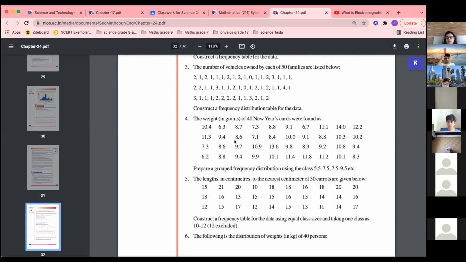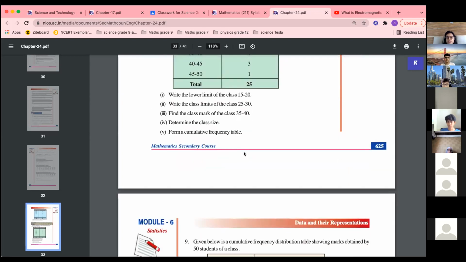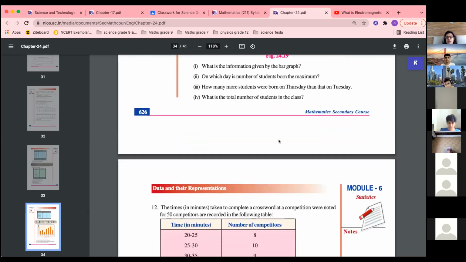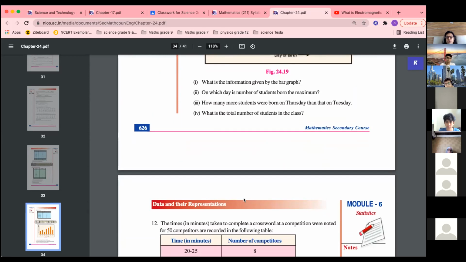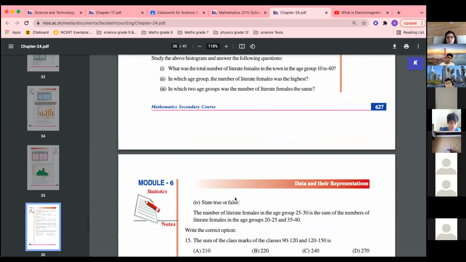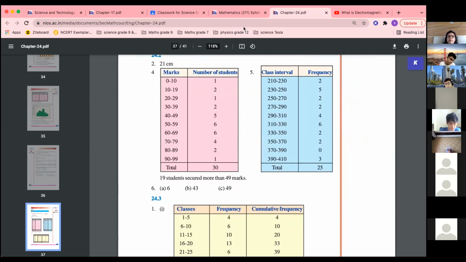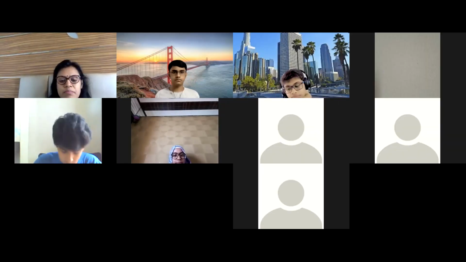So do these questions in the terminal exercise also, complete it, because this whole thing is based on it. Then it is cumulative frequency; if a bar graph gap is there, that means it is a bar graph, and below, if grouped frequency is there, so it is a histogram. Okay, so everything we have covered now. This is MCQ. So till here this chapter is over now, so complete this.